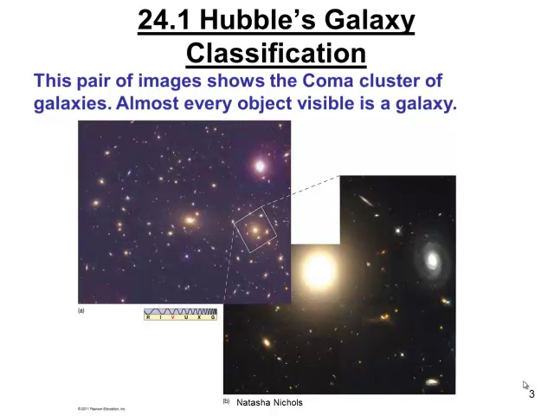In frame A, we have a collection of many galaxies, each consisting of hundreds of billions of stars. This one is called the Coma Cluster, and it's a group of galaxies more than 100 million parsecs from Earth. The blue spiked object at top right is a nearby star. Virtually every other object in this image is a galaxy. In frame B, it's a recent Hubble Space Telescope image of part of that cluster.